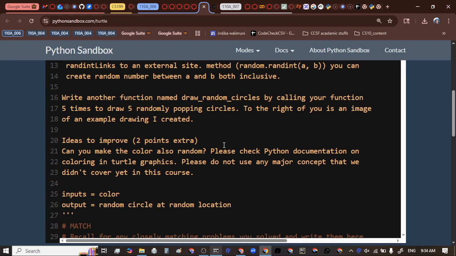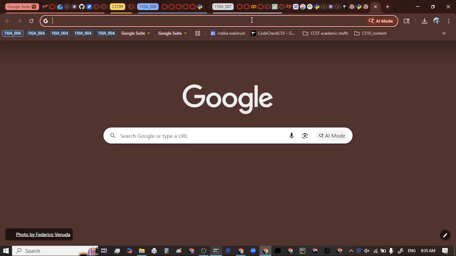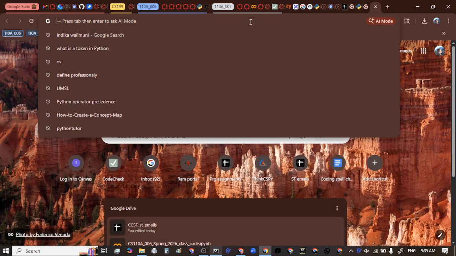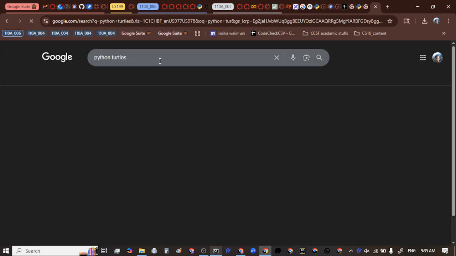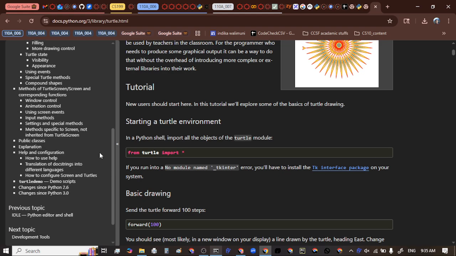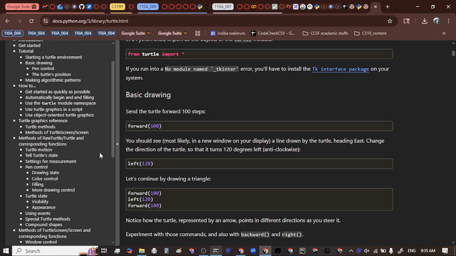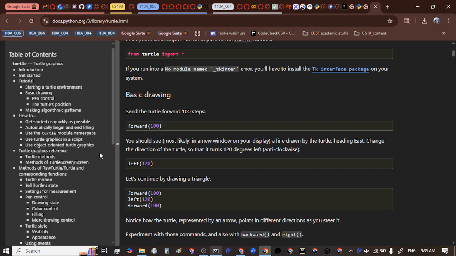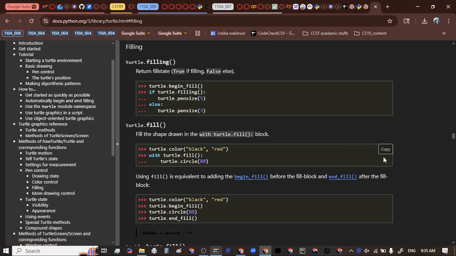make the color also random. For that you guys need to explore the turtle module. So let's look up Python turtle and check what they have. If you go right here, we can actually check the color control, I think filling. Okay, so it's this one actually,